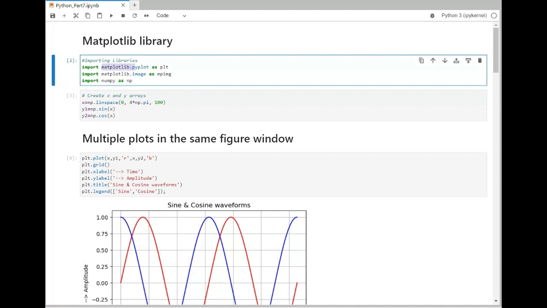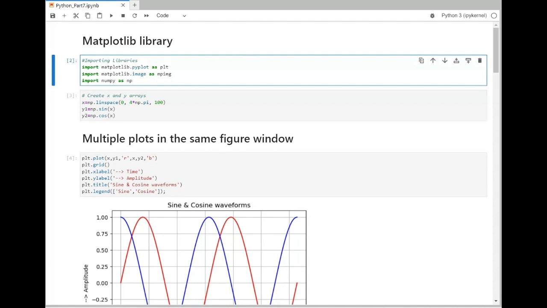As I informed earlier, there are two interfaces. One is Pyplot and the second one is image. I import both of the interfaces here, and Pyplot I call as PLT, which is a short form, and similarly for image I use MPIMG. The Pyplot interface I have used here to create different types of plots as well as to display the image, and the image interface is used in this case to load the JPEG or PNG image. So this is the first cell where I have imported